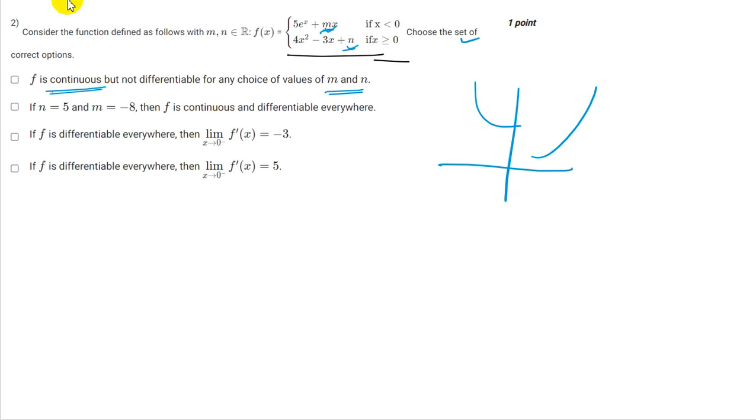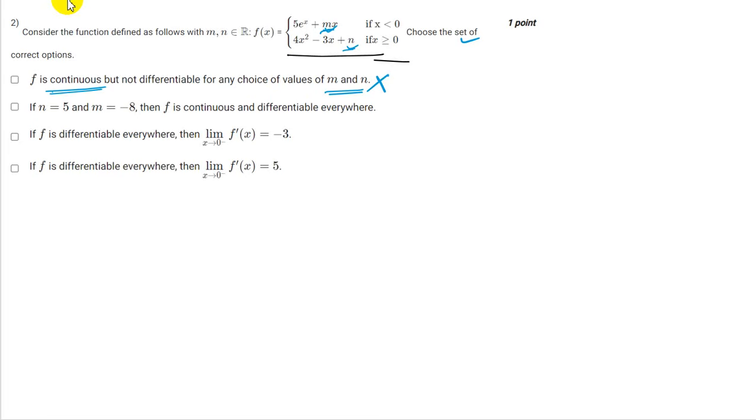Okay, it says any choice of values of m and n, which is wrong, because there will be a certain value, or in the extreme case more than one value, but not all values, that would make this function continuous but not differentiable, or continuous and differentiable. Okay, so this option is wrong. Okay, if n is equal to 5 and m is equal to minus 8, then f is continuous and differentiable everywhere. Okay,